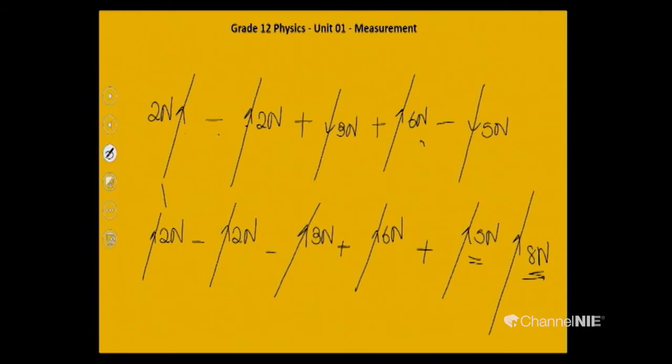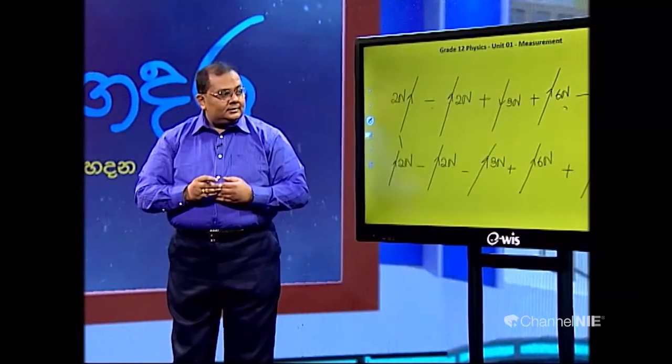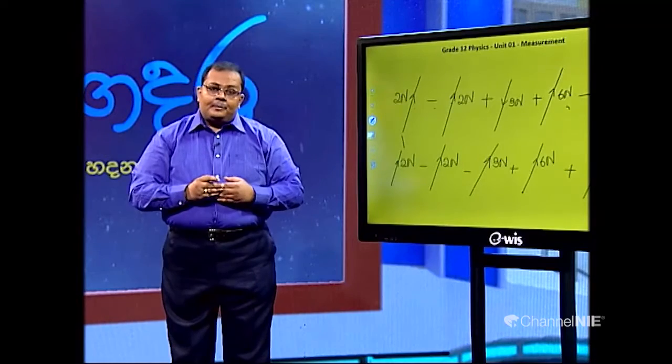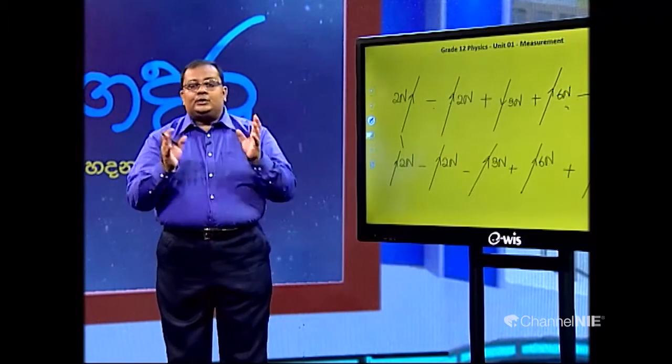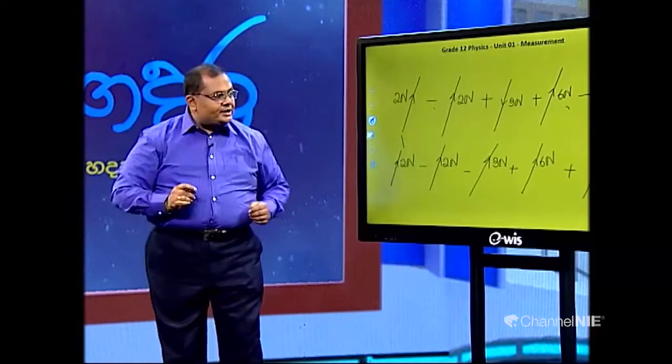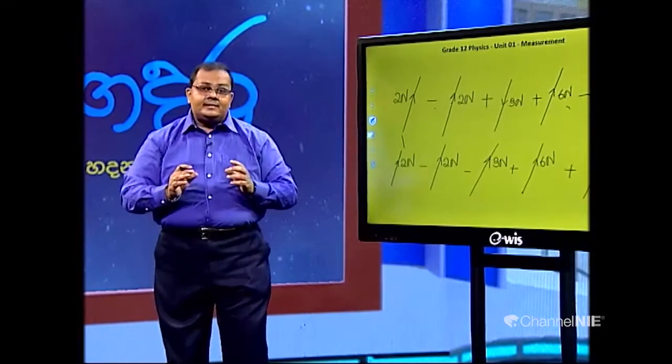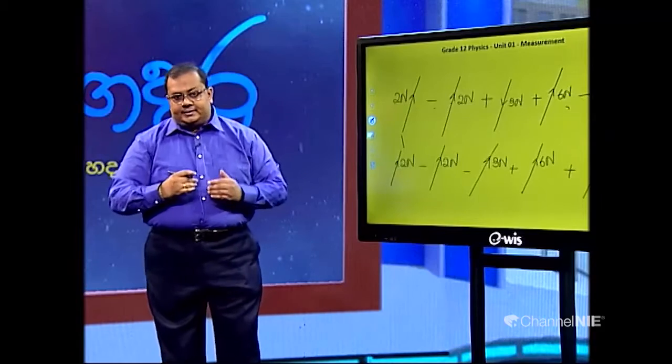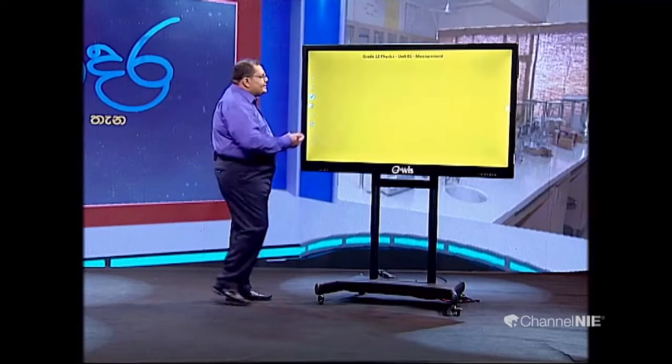The next one we are going to do, we are going to find the resultant of two inclined vectors perpendicular to each other. You are given two vectors, they are perpendicular to each other. Now we are going to do how to find the resultant of two perpendicular vectors, right? Assume one of them, very easy to understand with displacement. Assume this direction,